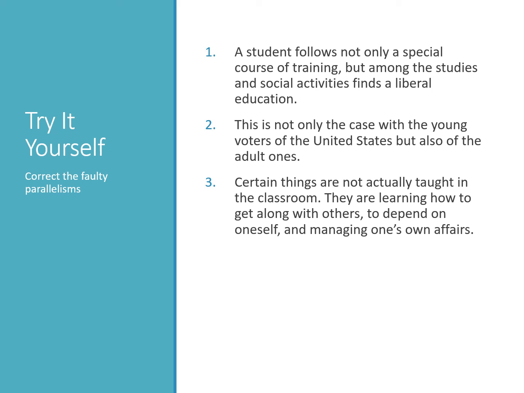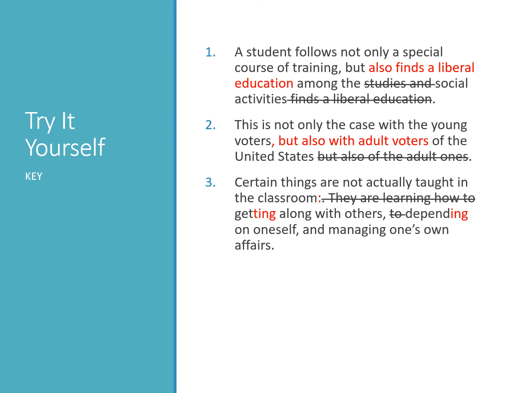Okay, so a couple of examples to think about faulty parallelisms. Again, the goal here is to make the two things that are listed, we've got not only but also's as the big transition here, and try to make it so that these terms are parallel. Okay, and once you've done those, you can proceed, and we've got the examples here. The key here is making sure that these are parallel.